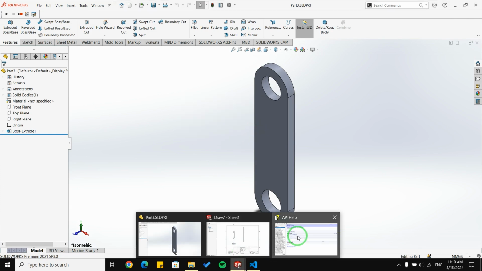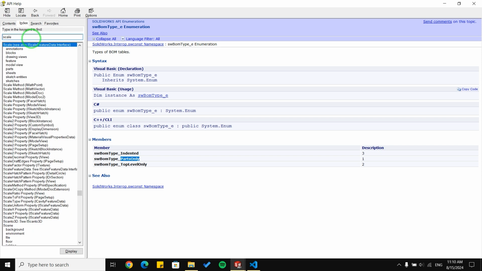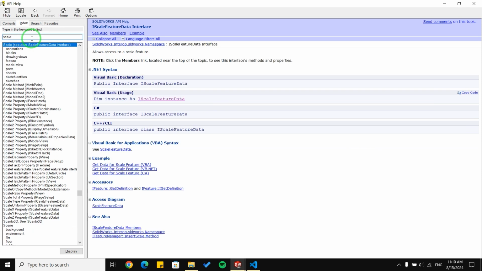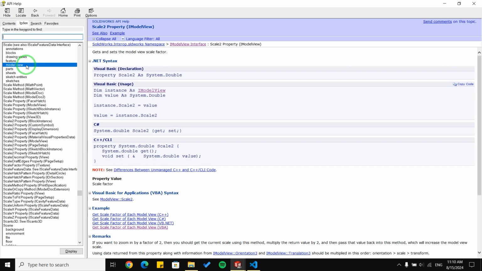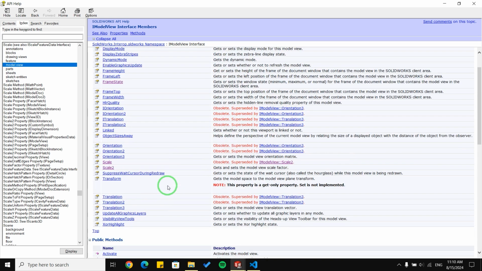For that, I'm going to search it in API help, and let me search for scale. Okay, and after that, I'm going to click model views members, and we can see different scales here, get and set the model views scales or scale factor, but we can't use them.